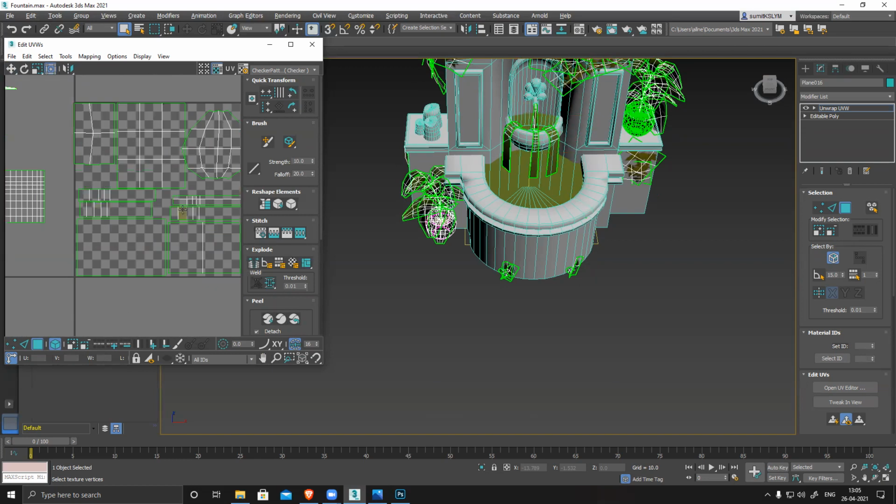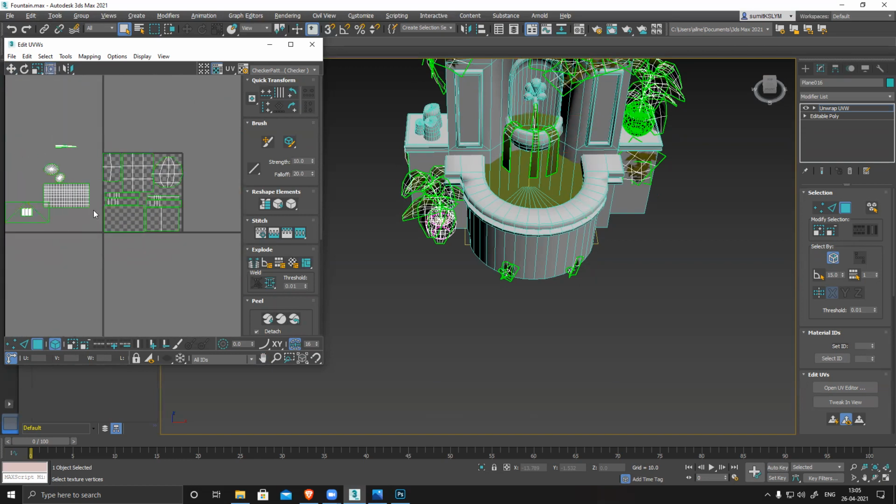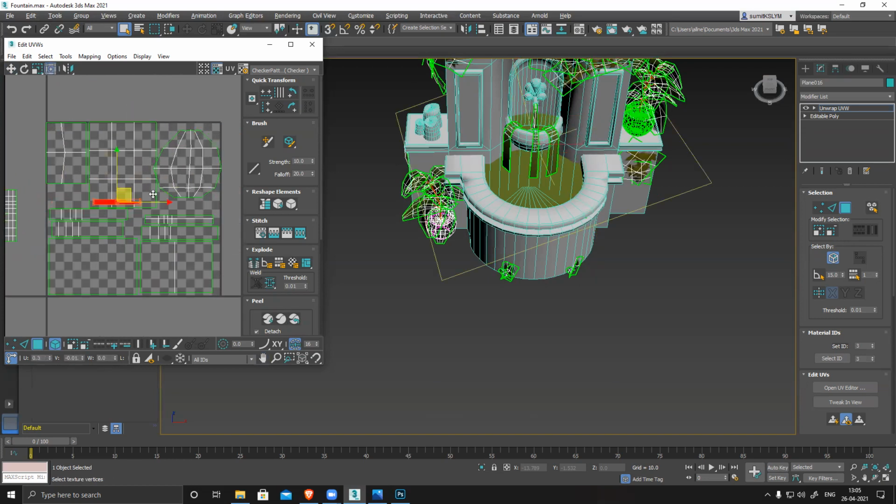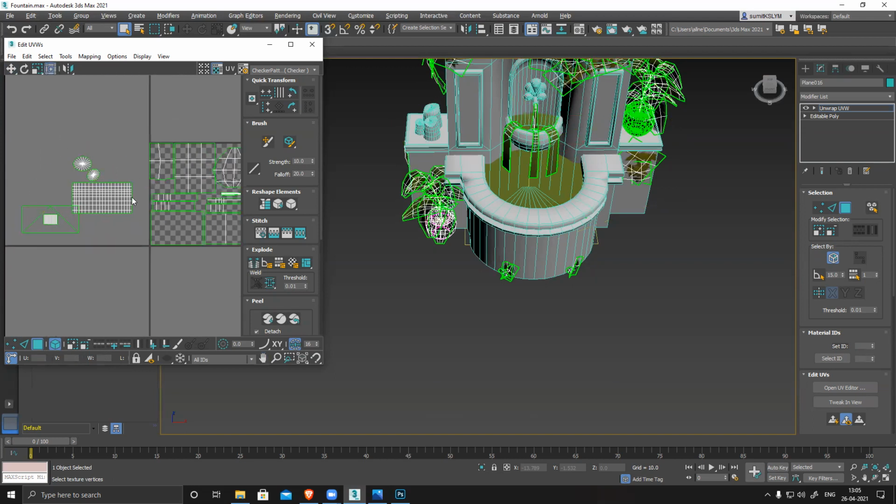So no UV overlap, nothing, and everything is aligned. The only thing is, all the opaque part I had to remove. I can keep it here, only this thing, and this base I can keep separate.